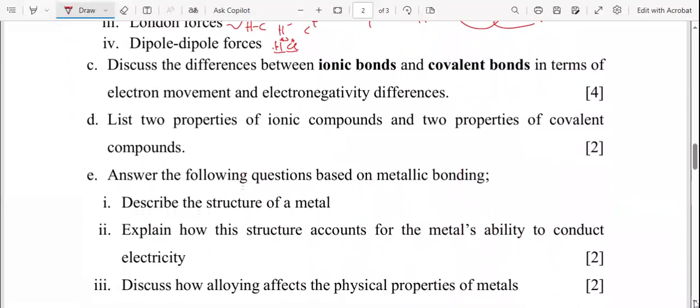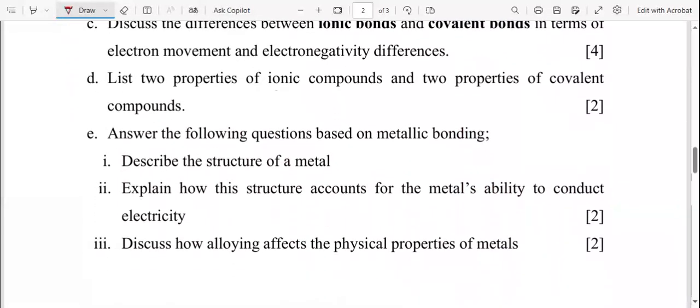So now we are to discuss the difference between ionic bonding and covalent bonding in terms of electron movement and electronegativity difference. So we need to talk about that. First of all, in terms of electron movement, ionic bonds involve transfer of electrons,